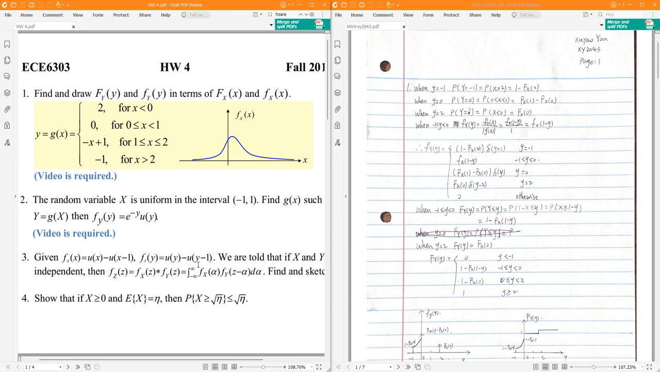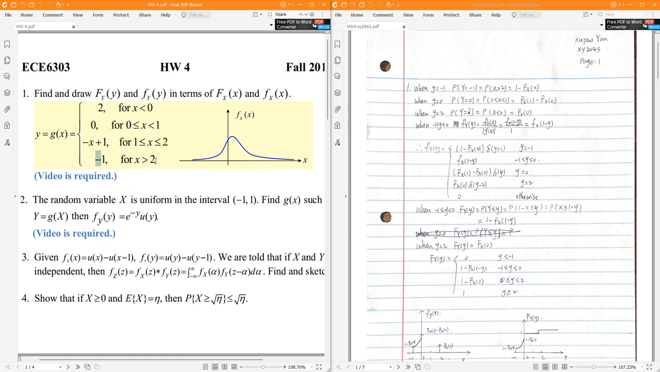The problem number 1 asked us to find and draw fy in terms of fx, and it also gives us a relationship between y and x, which is g of x. And so we can see that there are 4 cases of y, and we can start from these 4 cases. So for the first case, when y is equal to -1,